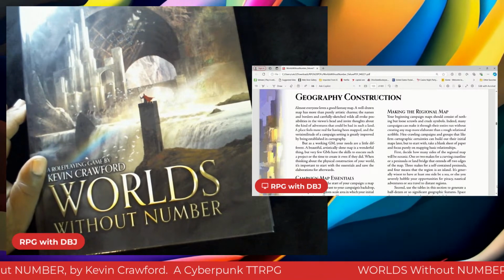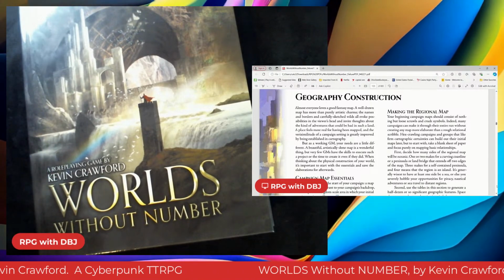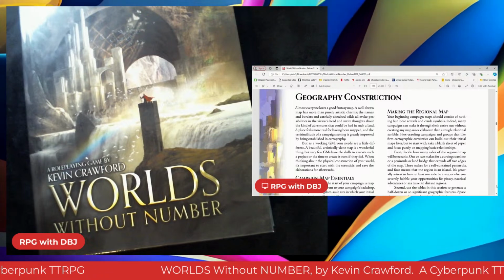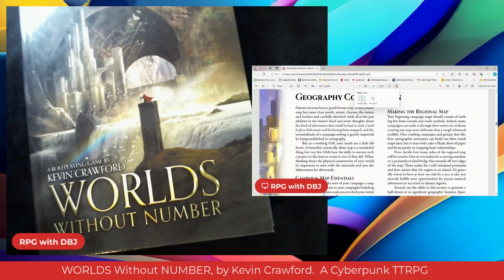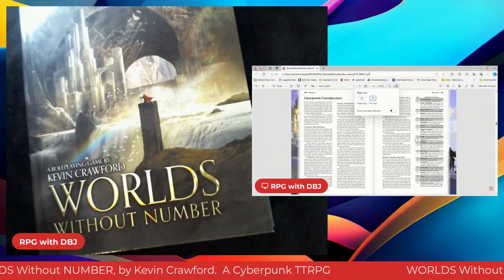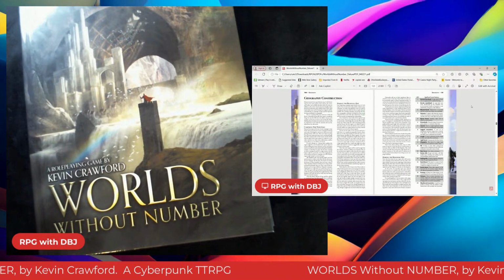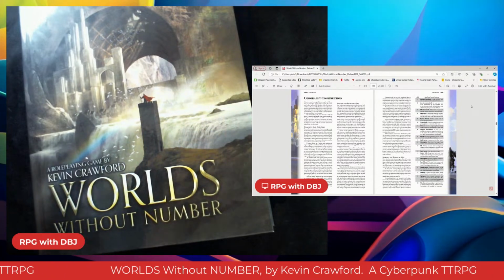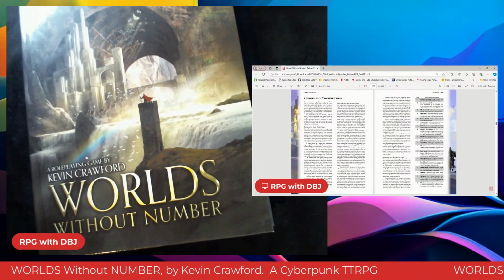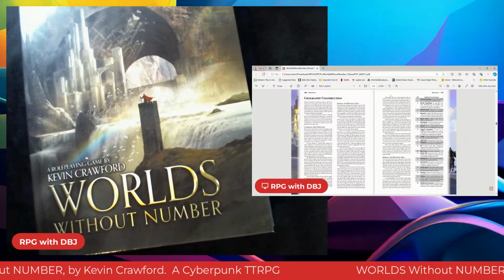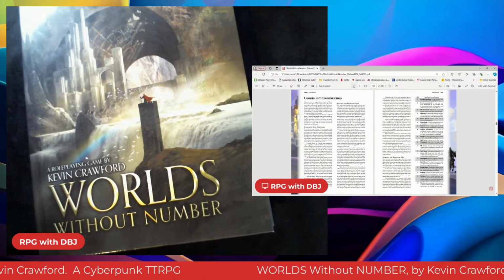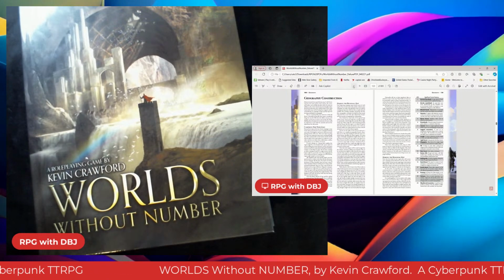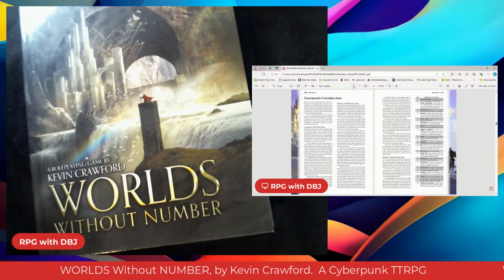This is again a 2-page spread, and one of the great things about this, let me see if I can show off the two-page spread. Here we go. This is the normal layout. You can see on the borders, on the edges of the pages, some color and some artwork. And again, you can bookmark these and refer to them.